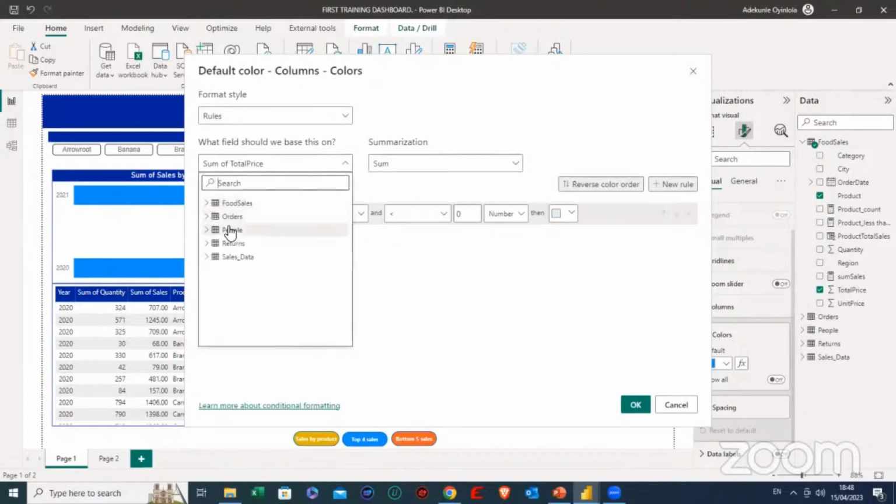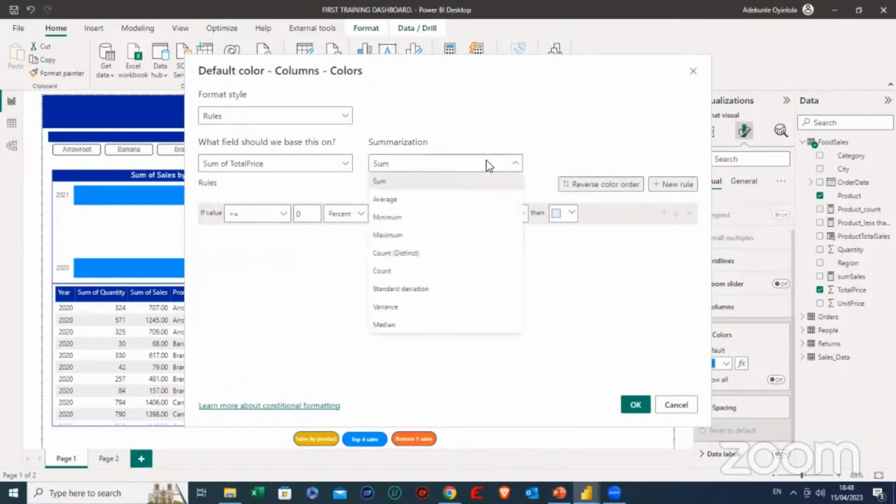If it's not already selected, you can go to the table, and it will ask what you want to format. Total price. Bam. And then how do you want it to be? Sum, average, anything you want, you pick. Most of the time, just leave it in sum. Now, for you to succeed with this,